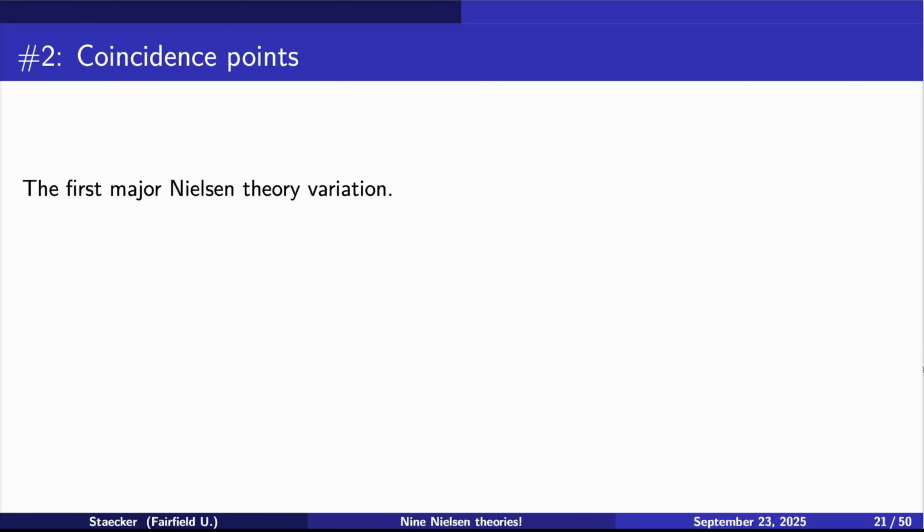All right, okay, number 2, coincidence points. This was actually the first variation of Nielsen theory. In the many years since it was created, about 100 years ago, Nielsen fixed point theory came along, and there have been many variations of the basic idea. So the idea of the fixed point index and also the idea of the fixed point classes. You can use these or similar things to solve other kinds of problems, not only about fixed points, but about other things. So the first one of these that happened, historically speaking, is coincidence points. And actually, Lefschetz's original work